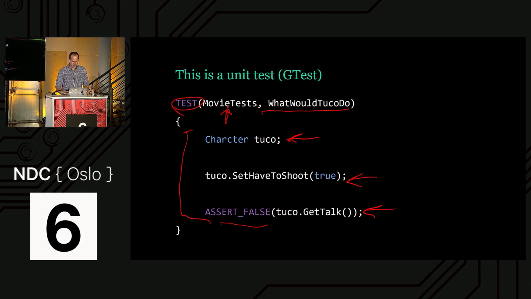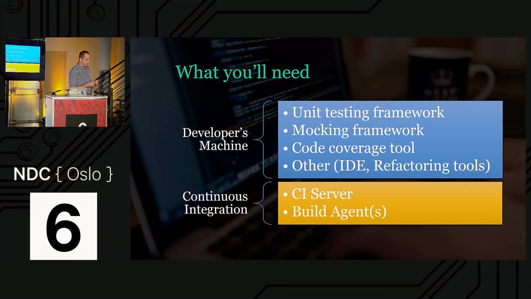So that's Google Test, and that's fine. Other than the unit testing framework, I might need other tools in order to succeed with unit testing. The first is the unit testing framework, but the second is a mocking framework. A mocking framework is something we'll talk about later on. I will also need some additional things that will help me write my tests quicker and execute them, and maybe get some information. Not mandatory, but very useful, is a code coverage tool that will show me what I'm actually running. And this is C++, so I don't always have it, some form of development environment, an editor in which I write my code and my test.